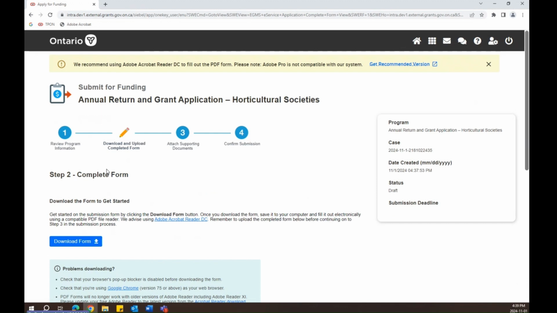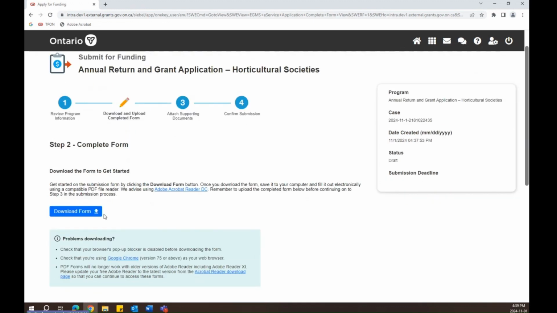In this step, you're able to download, complete your form, and then upload it back into the TPON system. Please note that your browser's pop-up blocker must be disabled before downloading the form, and it is preferable to use Google Chrome to have the most success with downloading the form. If you do have any difficulties, please ensure that these both are the case. Then you can select the Download Form button,